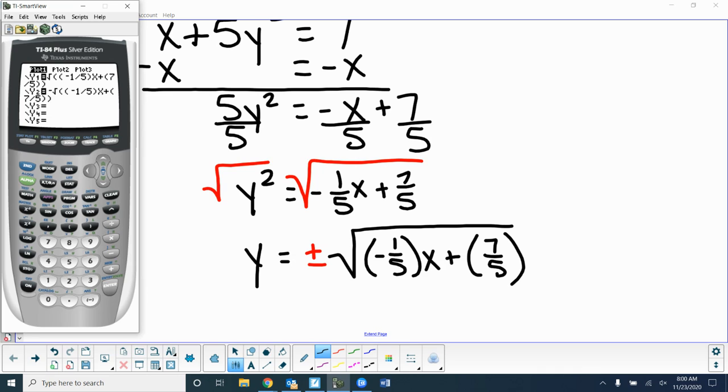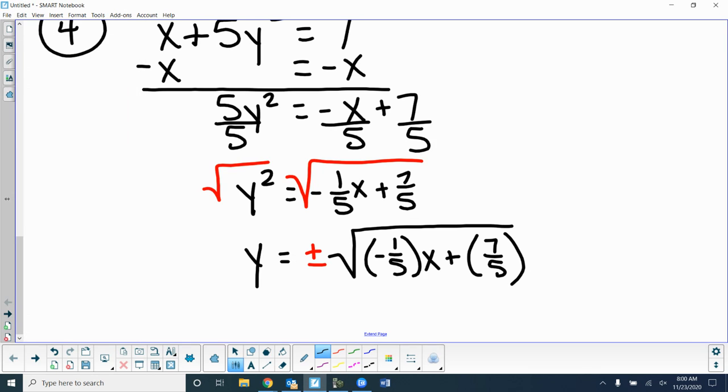Now when you graph it, I'll do the top half and the bottom half. Okay, so it's a parabola that opens up to the left. Okay, if I do the vertical line test, is it a function? No, so this one is no for function. All right,